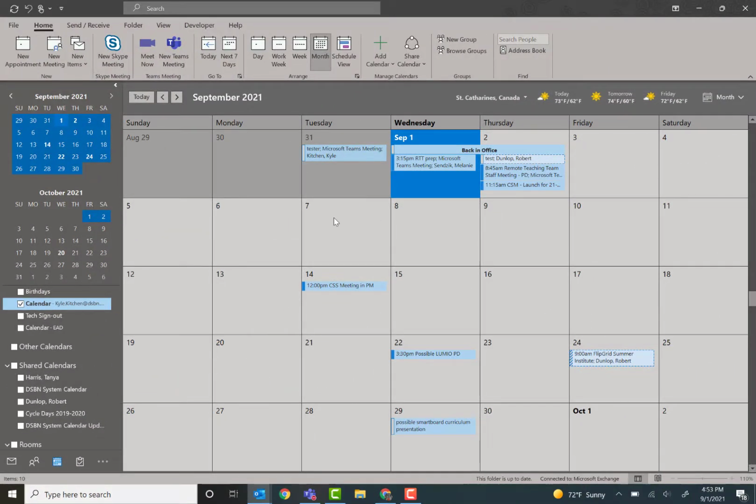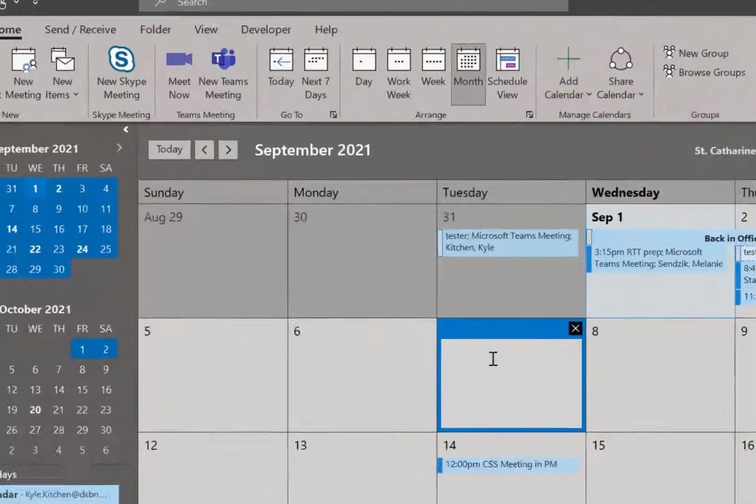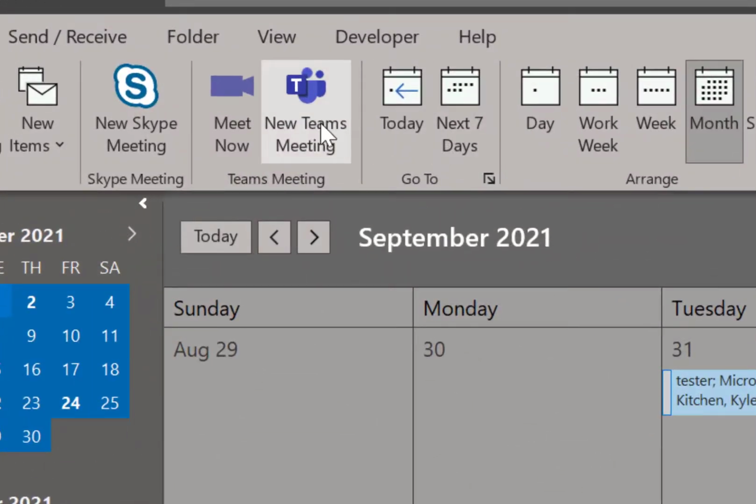And here's what we're going to do. For everyone, we're going to put this on September 7th. It doesn't really matter what date you choose, but the reason why we're doing September 7th is because if you need to change anything in your meeting, you'll always know where it's been posted. So we're going to click on September 7th, and we're going to go up to New Teams Meeting. So we click that,